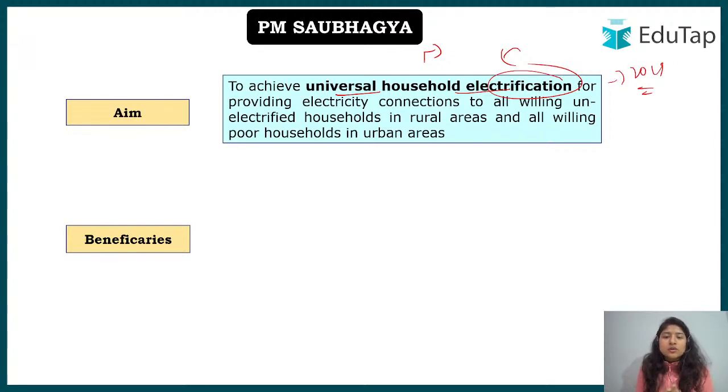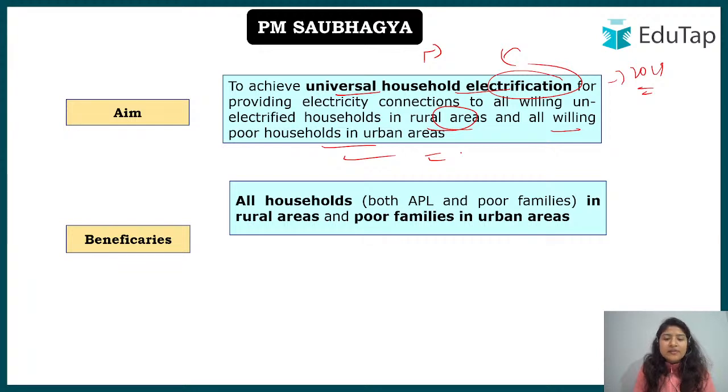Okay, so this is the basic aim, and here we are talking about rural areas and all willing poor households in the urban area. So what do we derive from it? We derive from it that the beneficiaries of the scheme will be all households when we are talking about the above poverty line or poor families in rural areas and the poor families in the urban areas. Okay, so in rural areas all will be covered, while in urban areas only the poor families will be covered